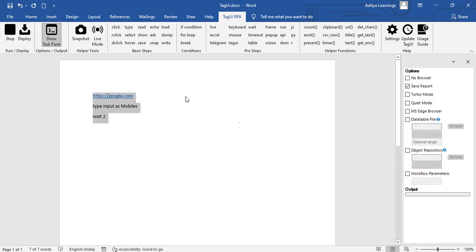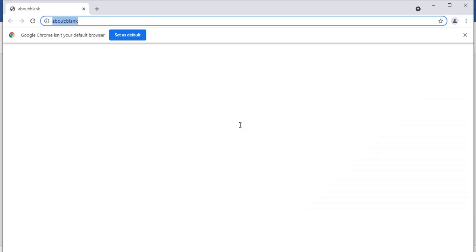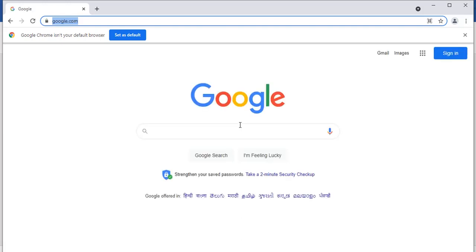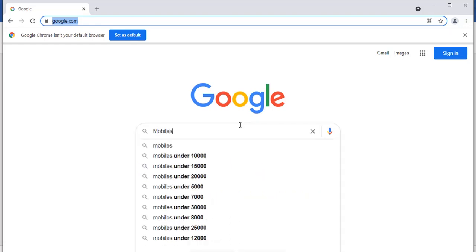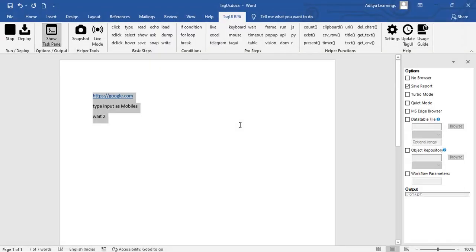Now it has started. Let's see, it will open up google.com, and then type the input as mobiles there. So it is opening the browser. Now it will navigate to google.com, and it will type mobiles, wait for 2 seconds, and then close the browser.